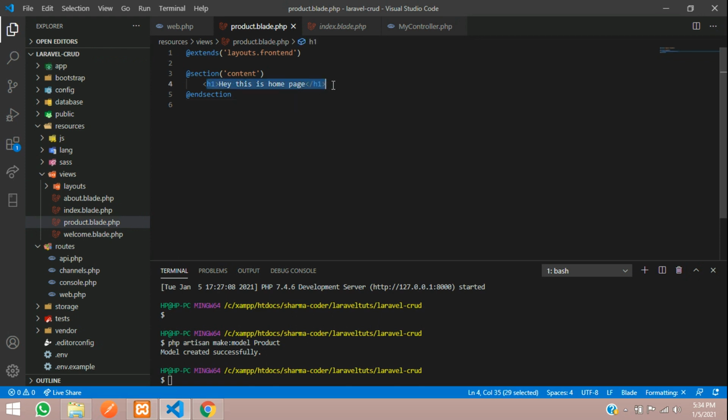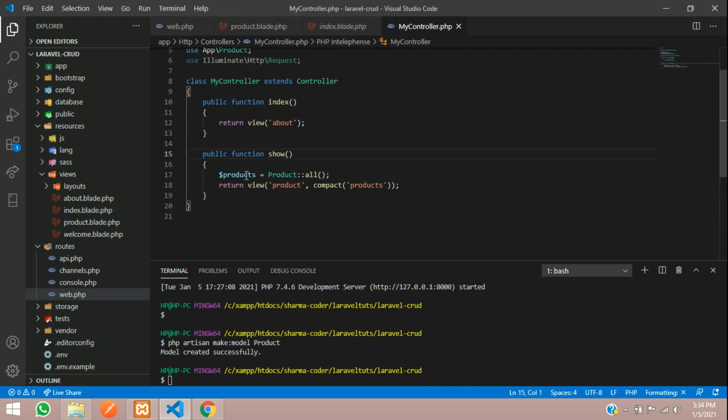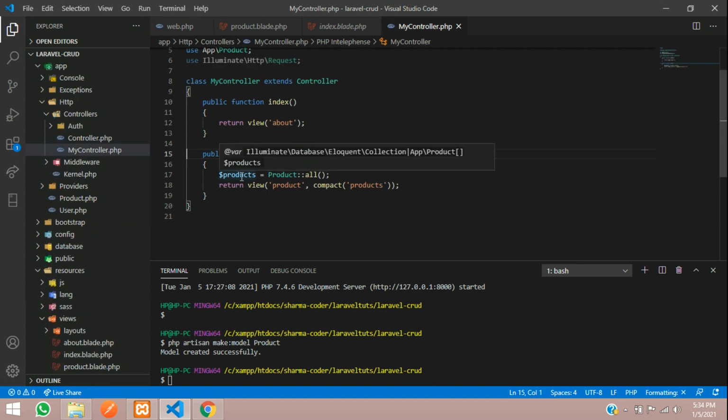We'll remove this and give an h1 tag here, and write products. From here we'll go to the controller, where we have given the variable products. This variable will be passed to this product page.